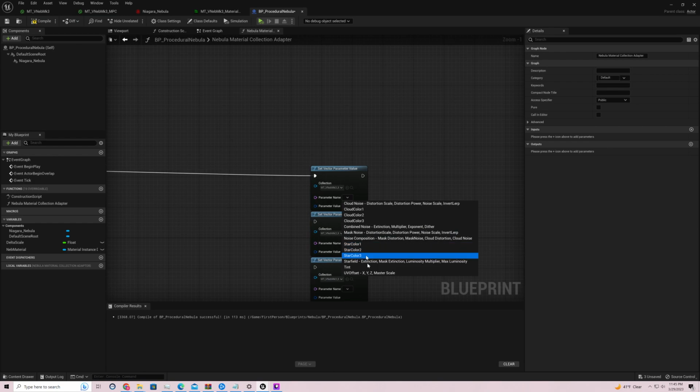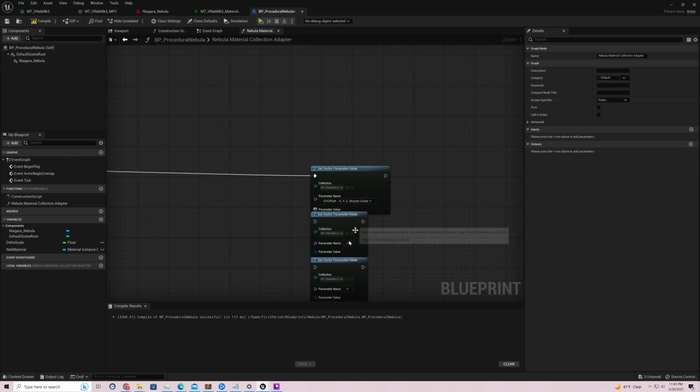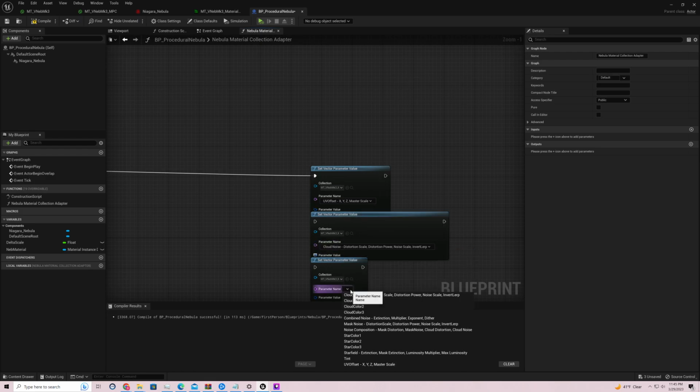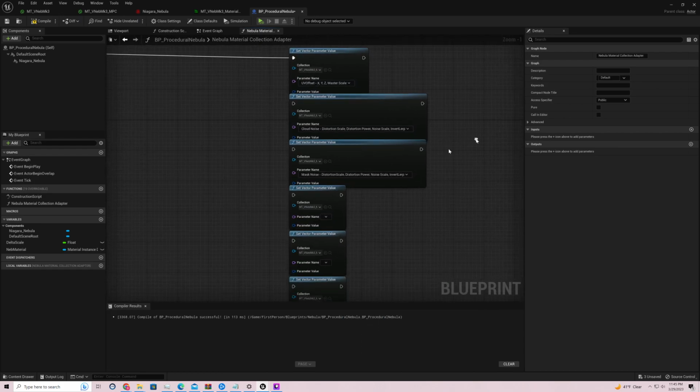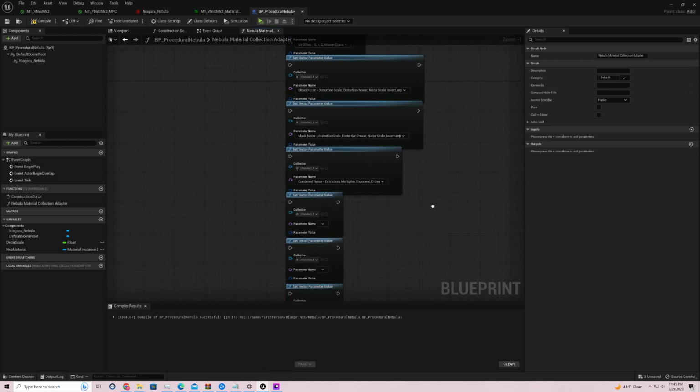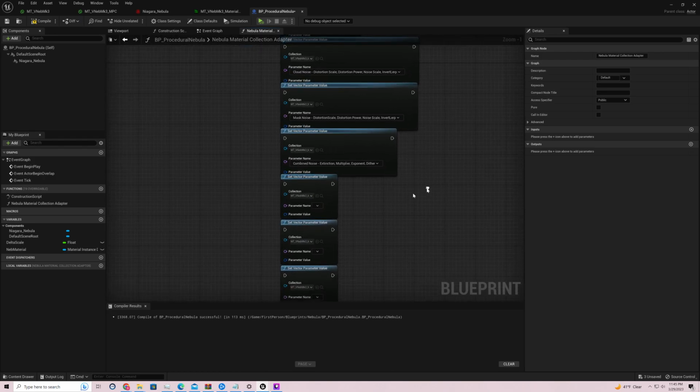And we can just go UV offset, cloud noise, mask noise, combined noise, noise composition,